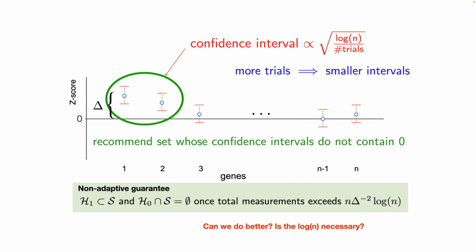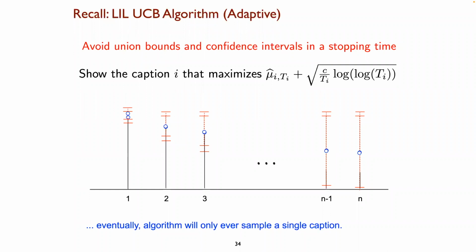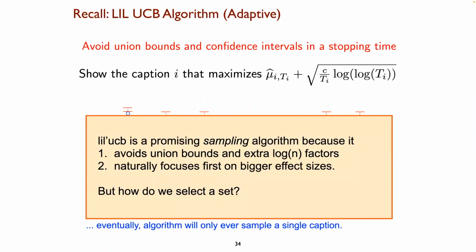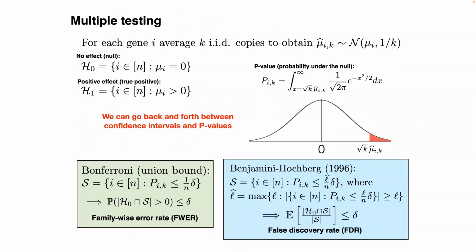Can we remove this log n? Answer: yes. You can reuse LIL'UCB. It's great at adaptive sampling, as we just saw. It removes union bounds. But then your question: how do we actually select a set once we've taken measurements? Well, there's a one-to-one correspondence between confidence intervals and p-values. And given p-values, we can use Benjamini-Hochberg to give back a set that's false discovery rate controlled, which allows us to grab a lot more of these without having to do